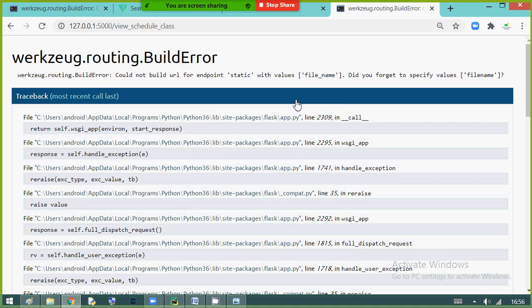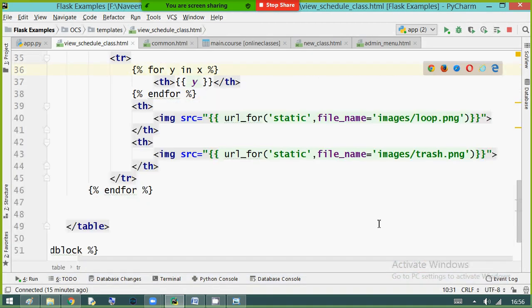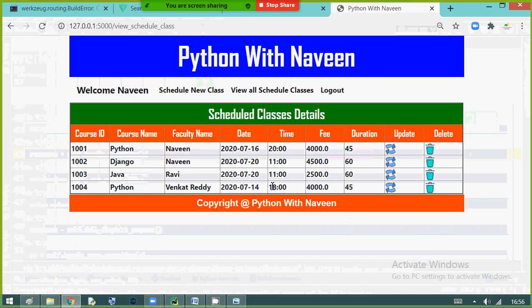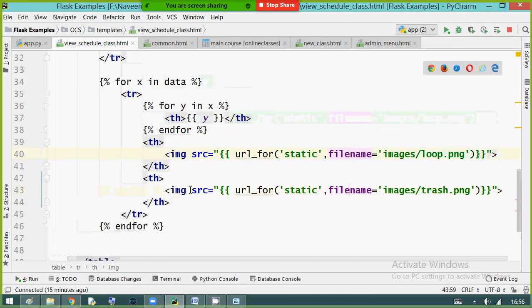No, did you forget to specify the filename? Filename spelling mistake. Okay, I have given underscore, sir. No underscore. That's my mistake. Refresh. There it is. Same story, align in the center and all that stuff.